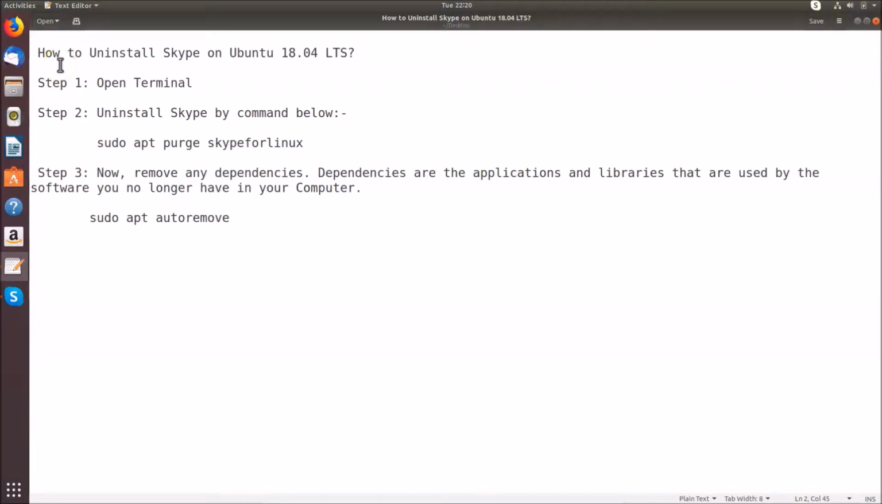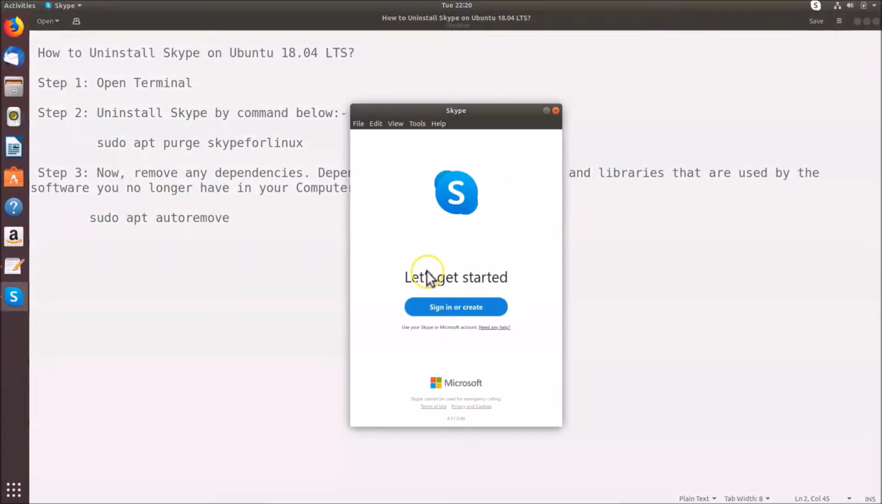Hi guys, in this tutorial I'm gonna show you how to uninstall Skype on Ubuntu 18.04 LTS. Okay, so in order to uninstall Skype we have to follow these three steps. Okay, and you can see guys, I have Skype installed on my Ubuntu 18.04 LTS and I want to uninstall